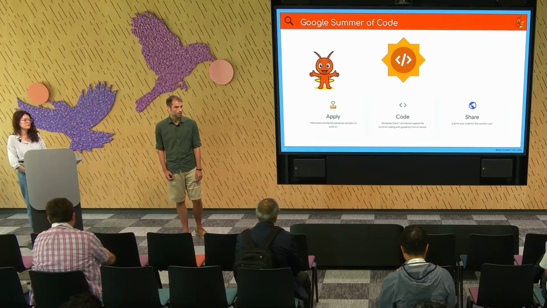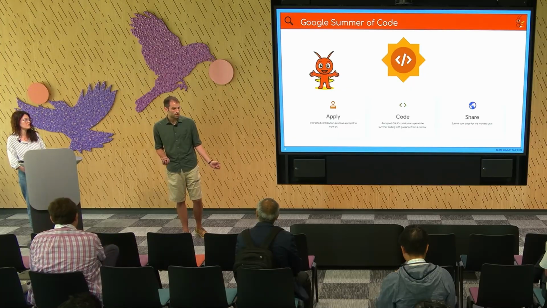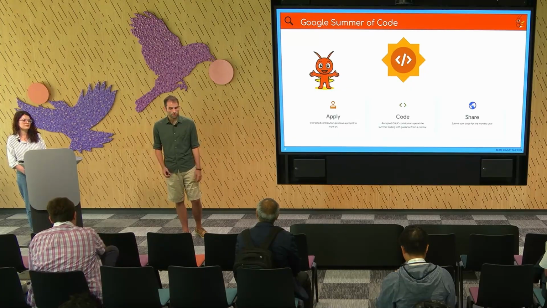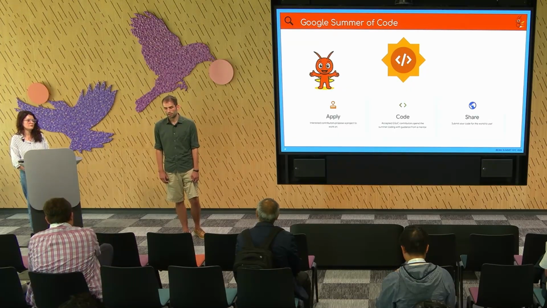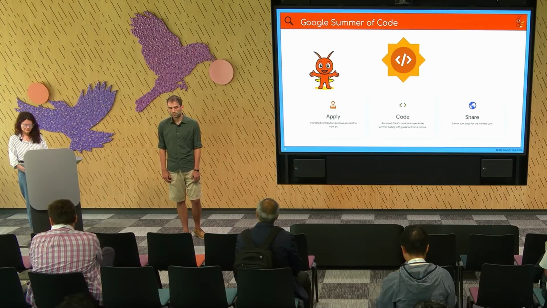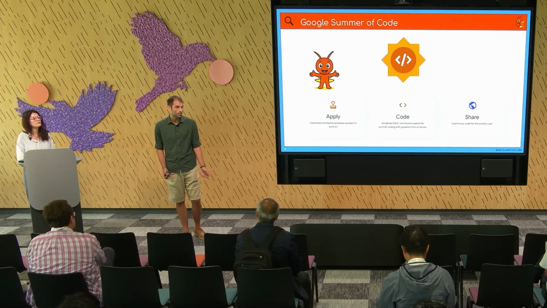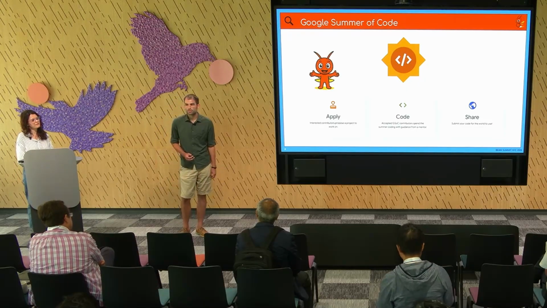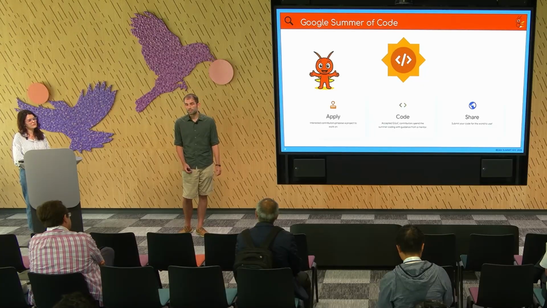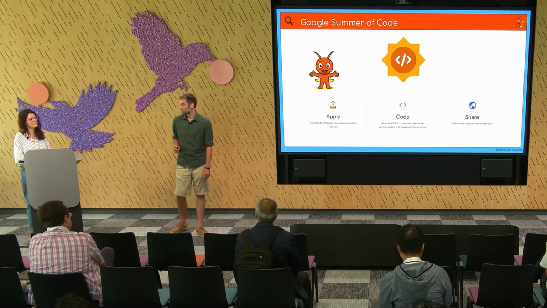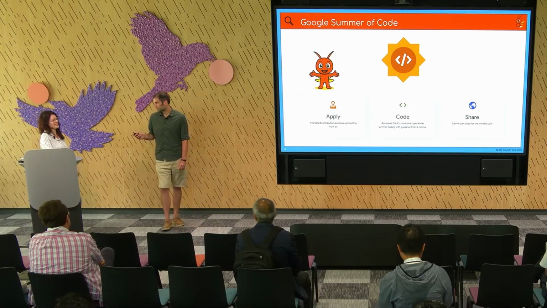So if you are a college student or early in your career, it is a really good place to get started with Beam or really with open source in general. You get paired with a mentor for the summer. You have a project that you get to work on. And you get a stipend too, so that's nice always. So with that said, I will pass back to Jana for the last part.